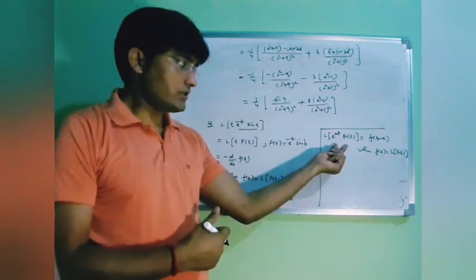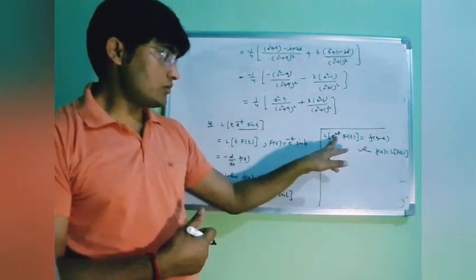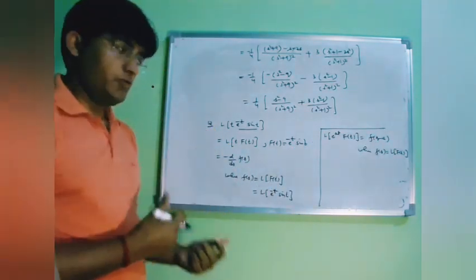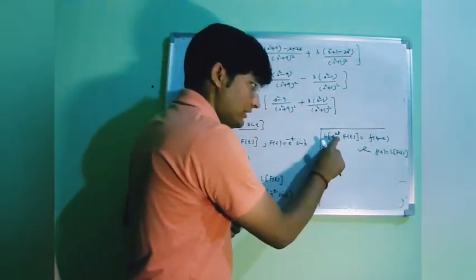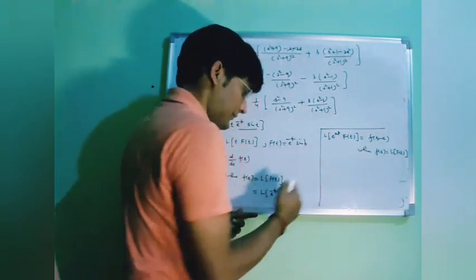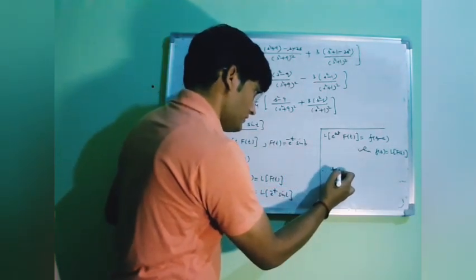In my previous lecture, I gave this formula: the Laplace of e to the power at times f(t) is F(s minus a). That means if we multiply f(t) by e to the power at, then our s will be replaced by s minus a. So here you can see that our F(s) is equal to